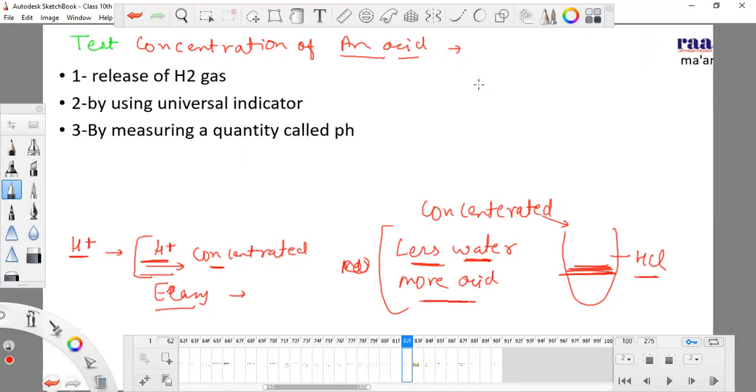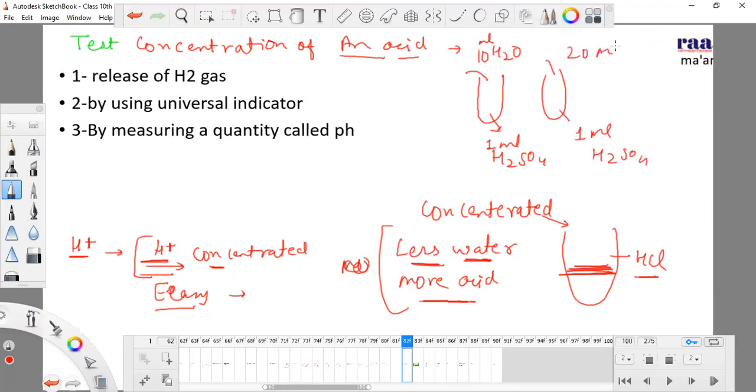Suppose you are given two test tubes. Here I have used 1 ml of H2SO4 and 10 ml of water. And here I have used 1 ml of H2SO4 and 20 ml of water. Now if someone asked me which is more concentrated and